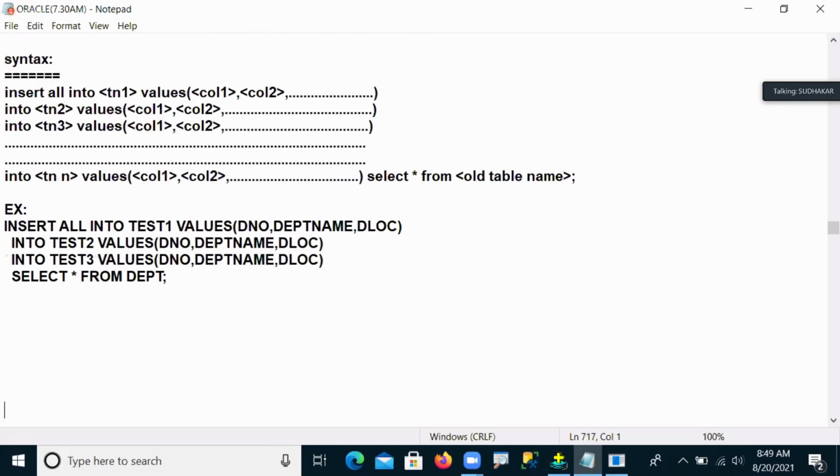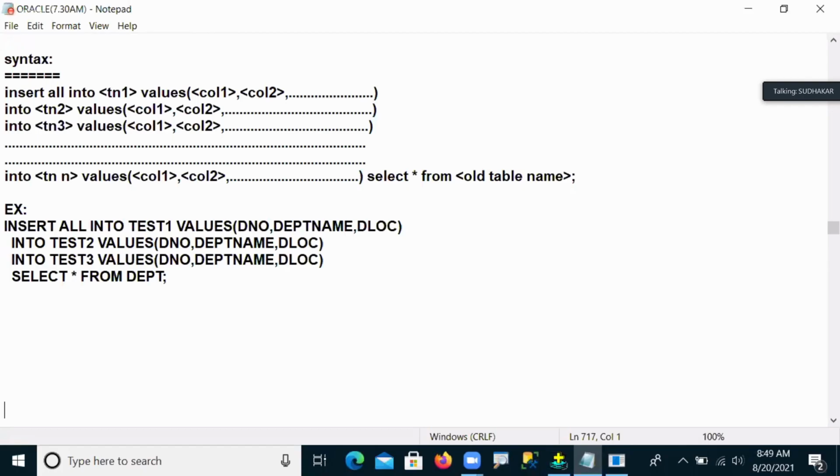But why are we using the insert all command like this? When you're working in companies, in the work premises, at that time we need to save our time. For example, the same information I need to store into multiple tables as per my requirement. Why should I create individual tables and insert again, 1, 2, 3, 4 insertions? It is a very time-consuming process.